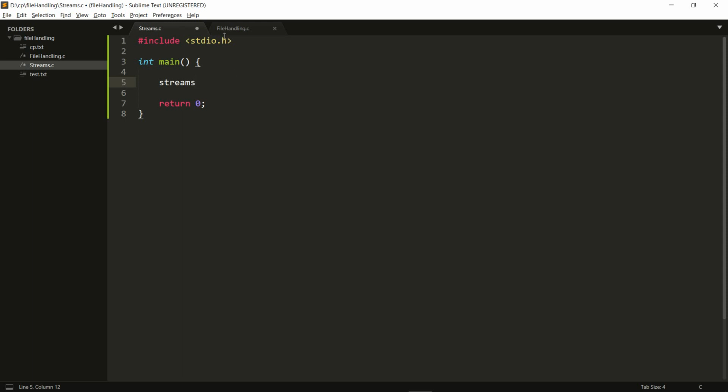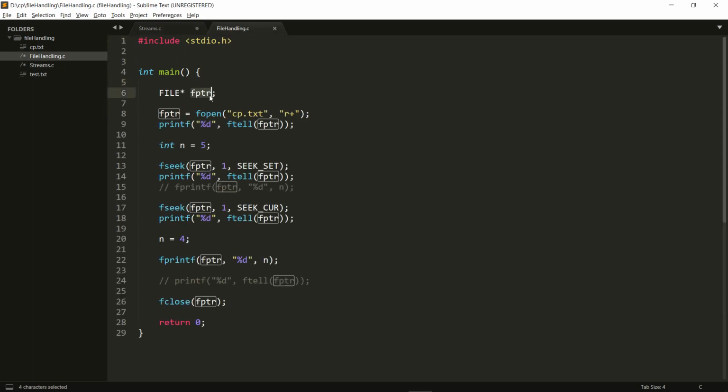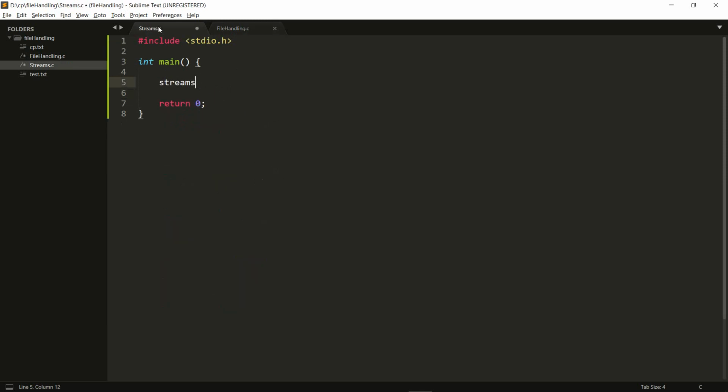And what we were using right here, the fptr, you can think of it as a file stream. So we were getting data through a file stream, and when we were trying to write data, we were sending it via a file stream.